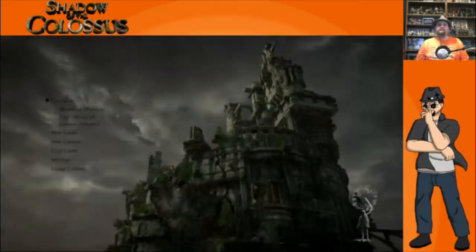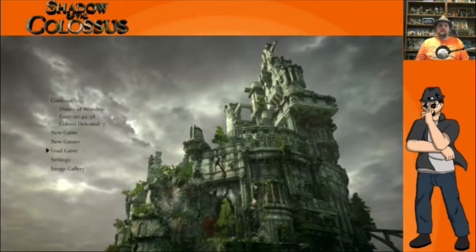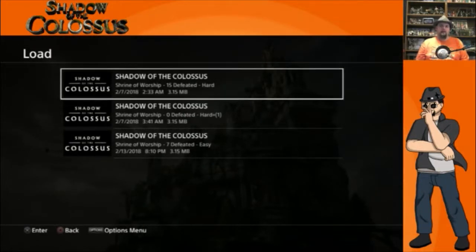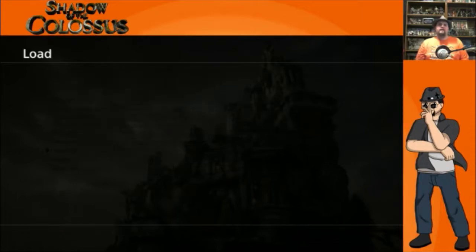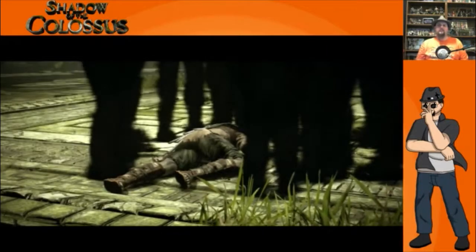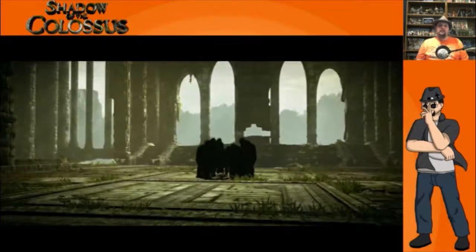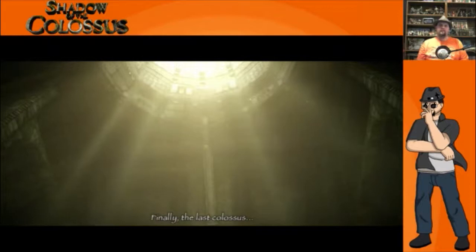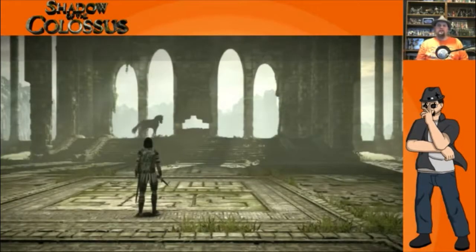But the main thing I'm going to do is go back into our hard mode version and defeat all of the Colossi in Reminiscence mode. And I saved it just before doing the 16th Colossus. But that's what we're going to do today. We're going to beat all of the Reminiscence mode bosses. So, with that being said,